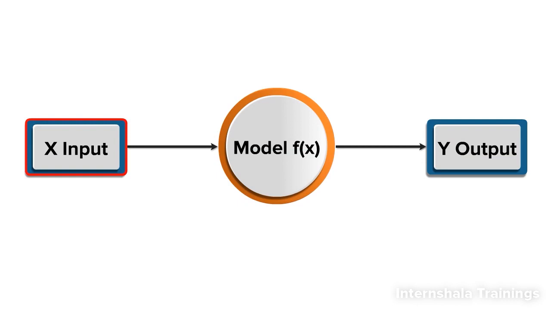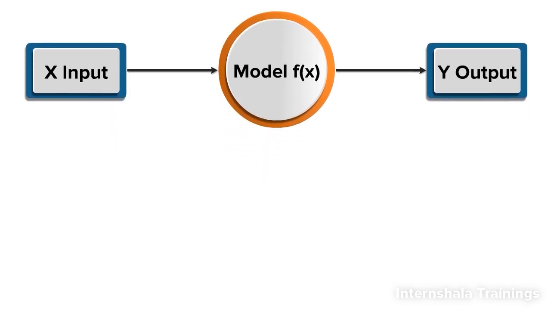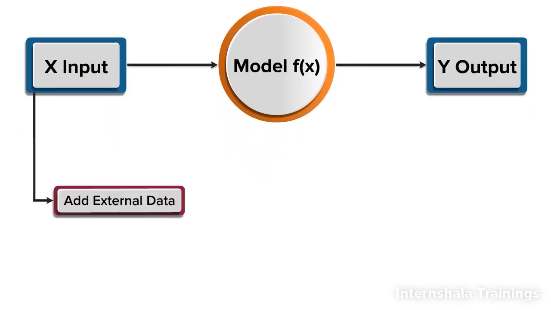We can add more data to the model so that it is able to make better predictions. We can do this in two ways. Firstly, we can add new features, that is input or independent variables to the existing data. Please note that features of a model are nothing but the input or independent variables that we use to make